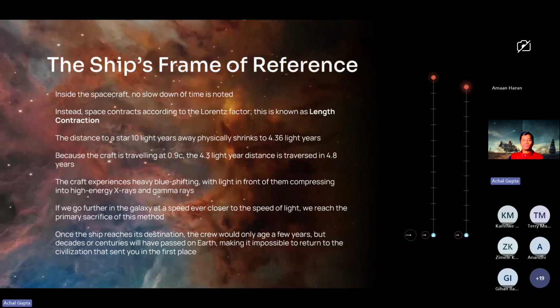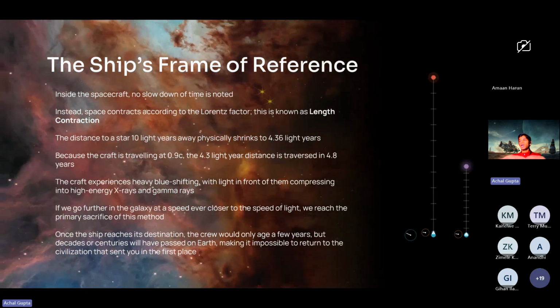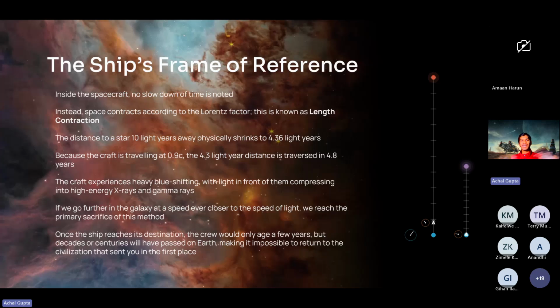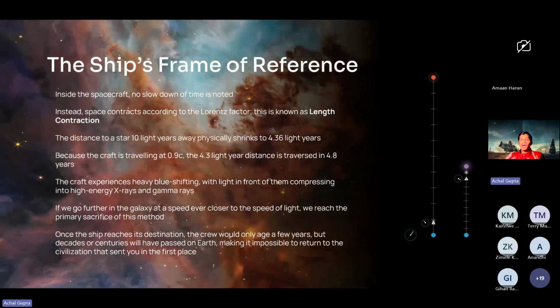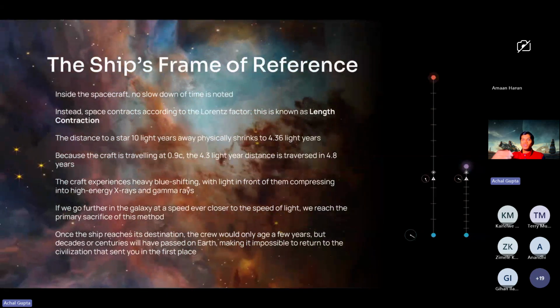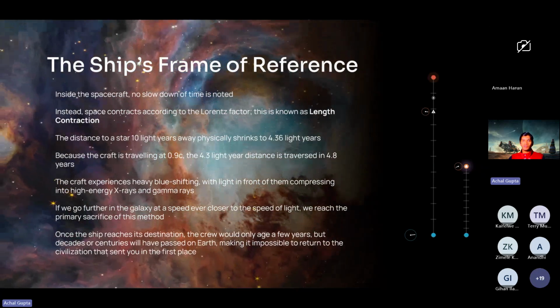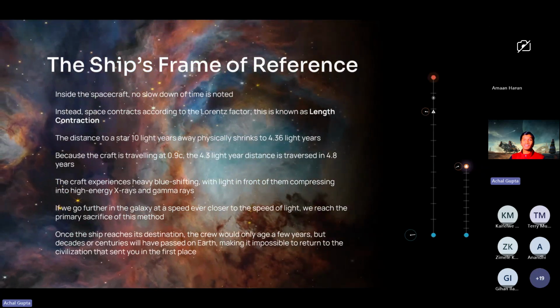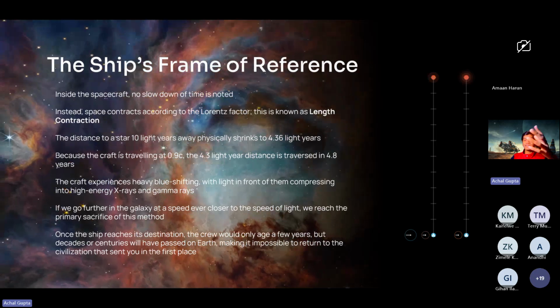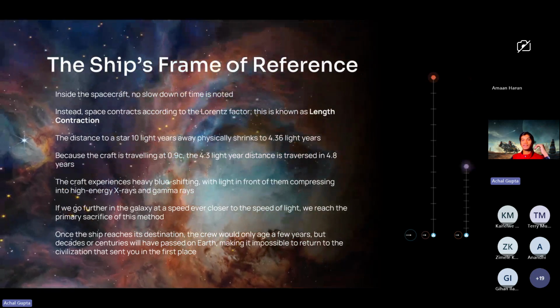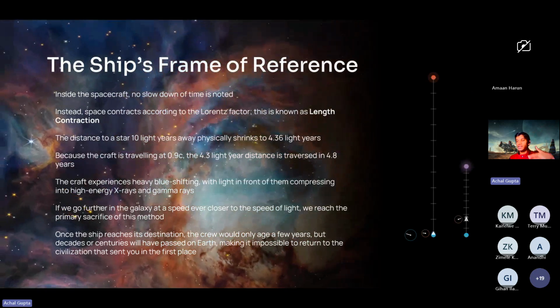Now, in this time, the craft experiences heavy blue shifting. All the light in front of them is compressed into X-rays, gamma rays, and it's being blasted at them. And the closer you get to the speed of light, the more exaggerated this effect is. The second issue is, like I said, this 4.8 can be multiplied by 2.29 to get